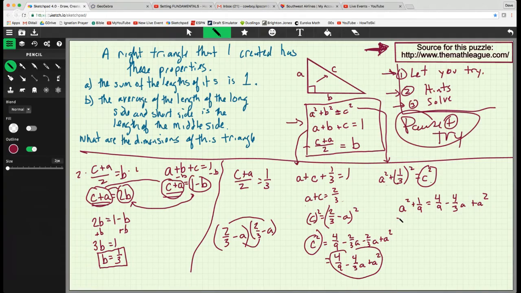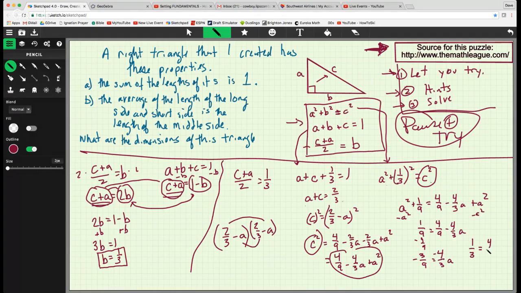I'm going to subtract A squared from both sides, and I get 1/9 equals 4/9 minus 4/3 A. Subtract 4/9 from both sides. 1/9 minus 4/9 is equal to negative 3/9 equals negative 4/3 A. Multiply both sides by negative 1, and we get 3/9, which is 1/3,